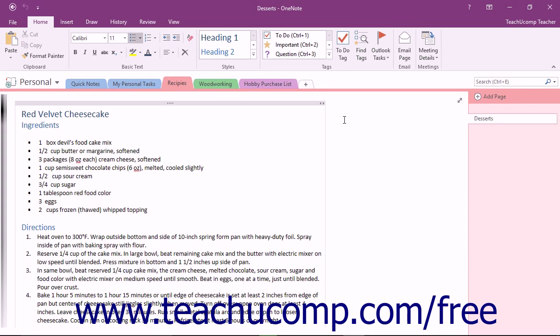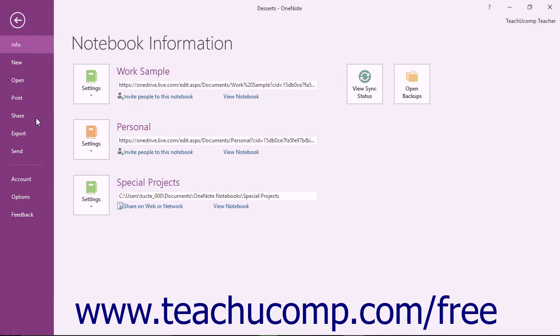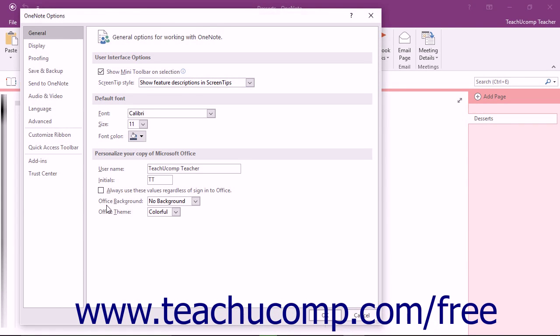within the application. To access the default options in OneNote, click the File tab in the ribbon and click the Options command from the list in the Backstage view. This will open the OneNote Options window. In this window, you click the name of an option category shown in a list of categories at the left side of the window. The options that you can set for the selected category will appear in the right pane of the window. Many of the options are self-explanatory, however, some of the options that may need some explanation appear